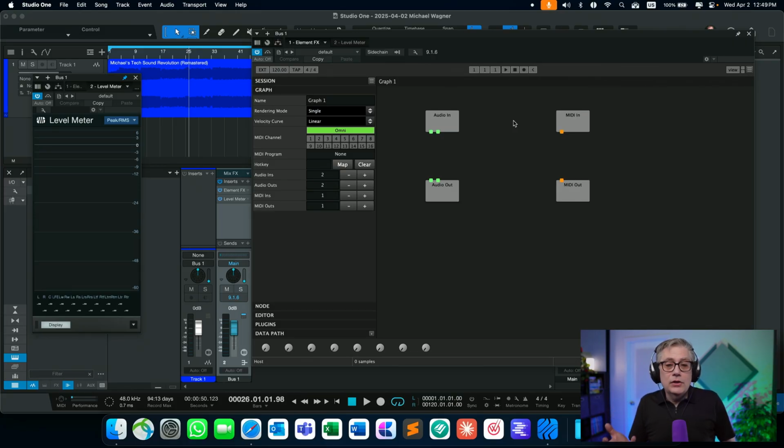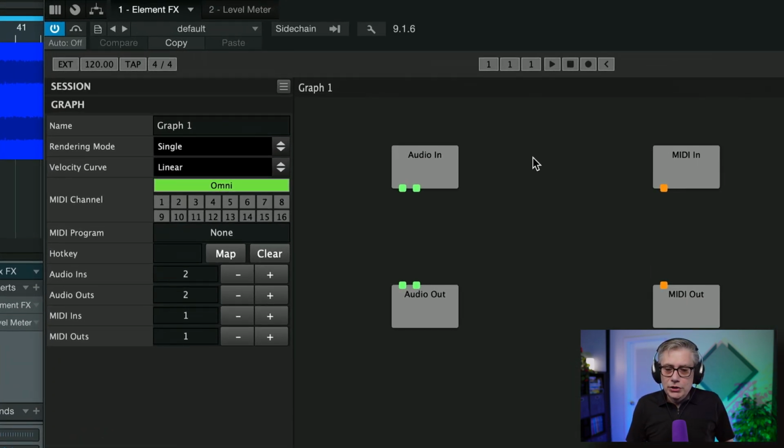Now, the next thing that we need to do, and I'm not going to go into details about how Element actually works. If you want me to do that, let me know. I can do a video about it, but it's relatively straightforward, and there's very good documentation on the Kushview website. We also need to tell Element that we are expecting to work with multi-channel. Currently, in the standard configuration, it assumes that we're working with the first 2 channels, and we actually want to work with all 16 of them.